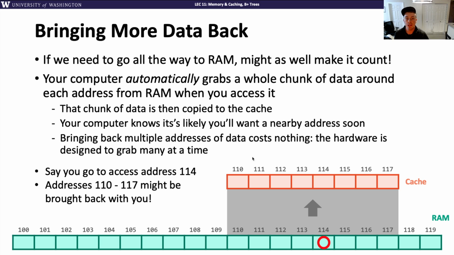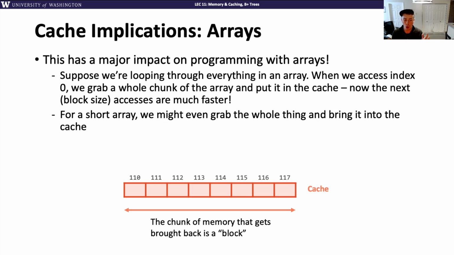Now, again, this happens automatically. This is something the computer is designed to do really well. The whole architecture of the computer is designed around this concept of these memory blocks. And so this ends up having a major impact on programming when it comes to arrays. So suppose you're looping through an array, or you're just accessing an index. When you go to memory to grab index 0 or index whatever, it's going to bring back the whole block